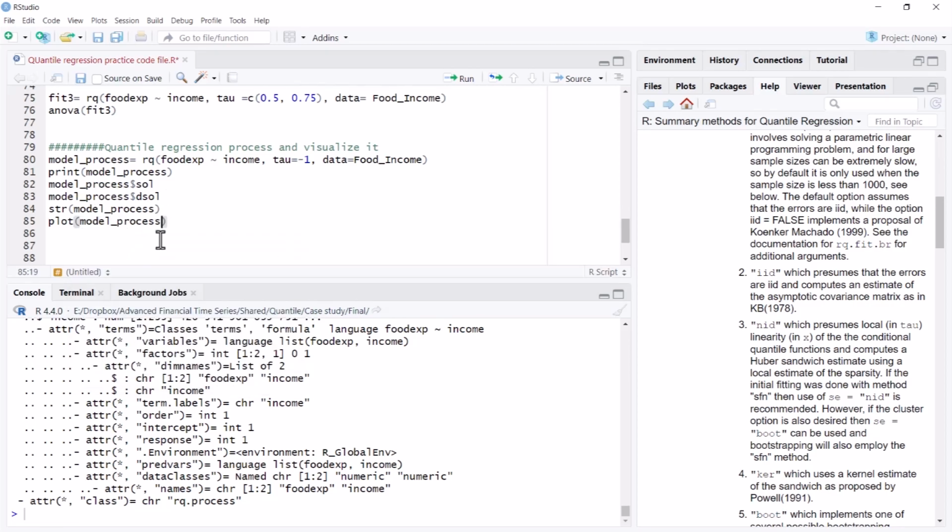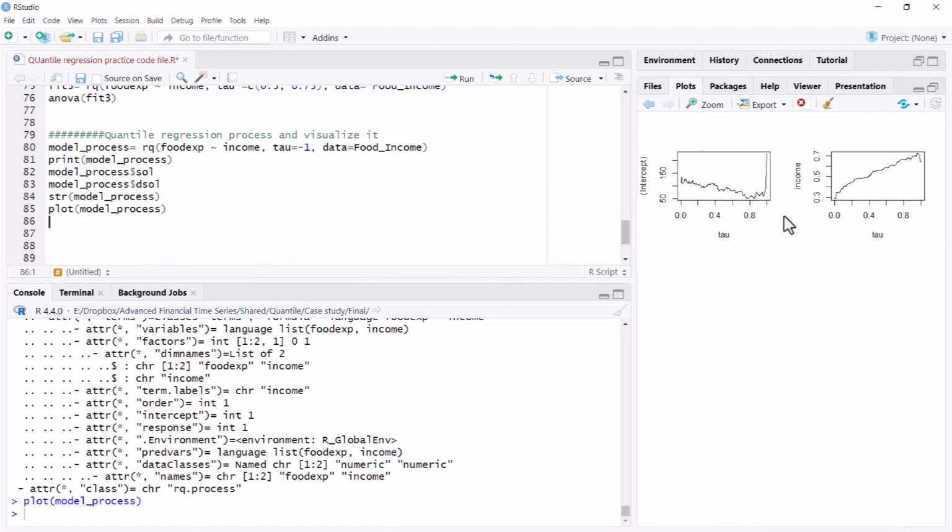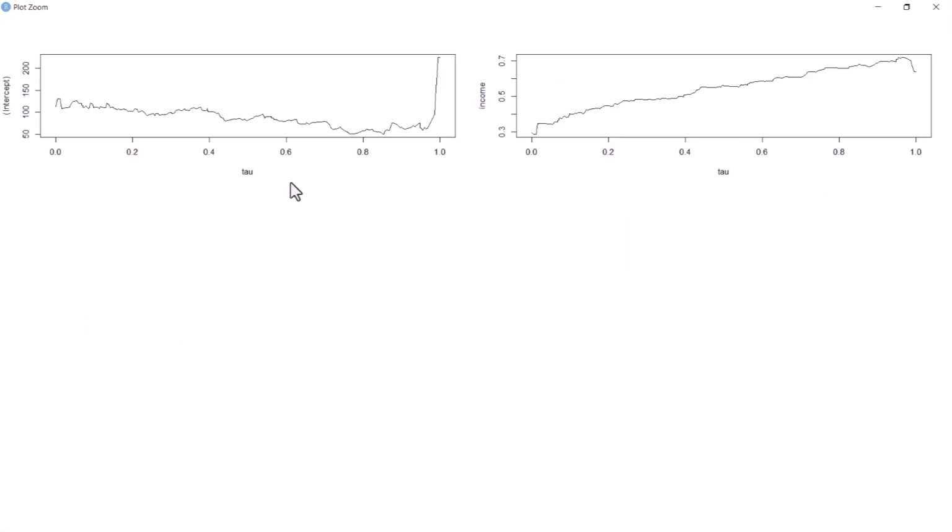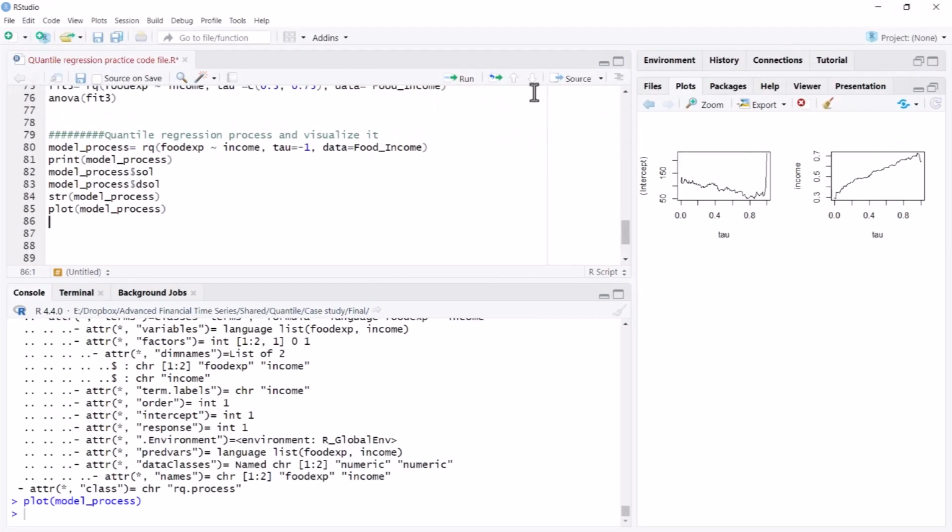It gives me both the coefficient and intercept across the quantiles, and we can see how the maximum quantiles are being generated here. I can zoom it out so you can see. It's a very interesting plot. It shows that, starting from lower to upper quantiles, how the relationship increases. For the time being, we are ignoring the intercept. We are more focused on the coefficient of income, and you can see there's a consistent increase starting from approximately 0.35 to 0.7. There has been a gradual increase.